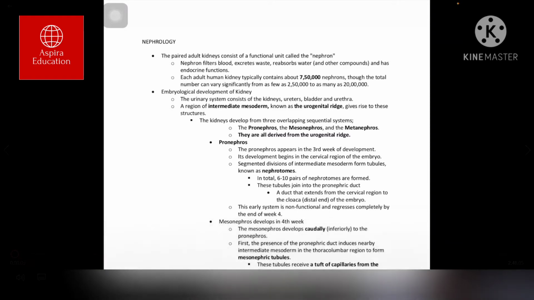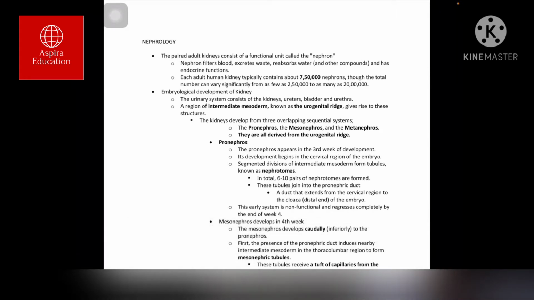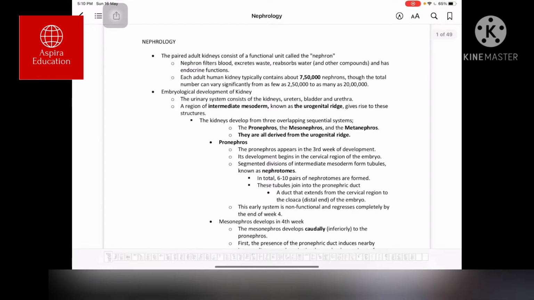Nephrology about the kidney, as basic as how it develops. Its embryology, its biochemistry; pathology comes later. Almost all the things that we tend to miss out should be covered all together in this class. So